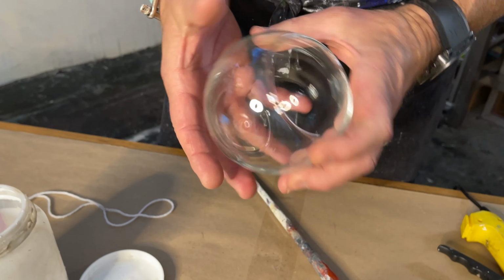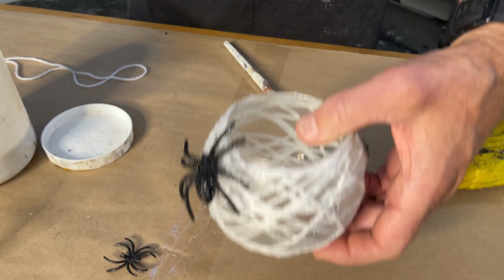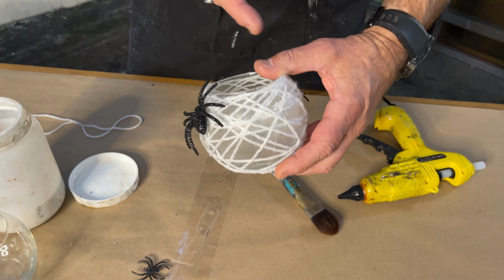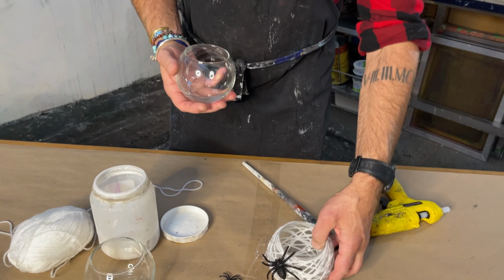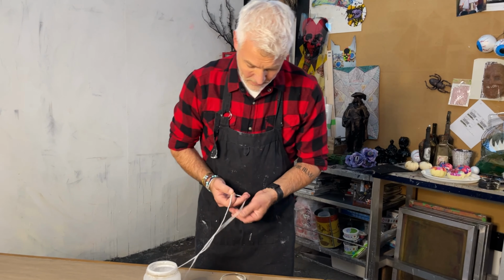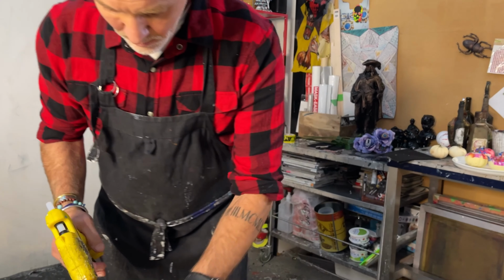I find these to work the best because we're gonna be making these spider nests on the votives, these candle votives. And I like the roundness of it because it just sort of has a creepier kind of feel. So we're gonna take white yarn, inexpensive, and we're gonna start with a little dot of